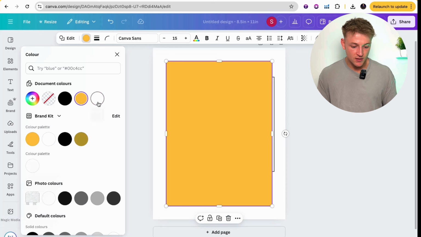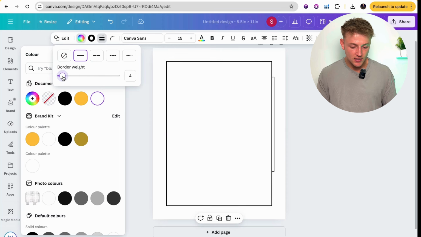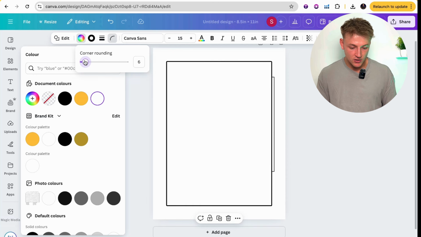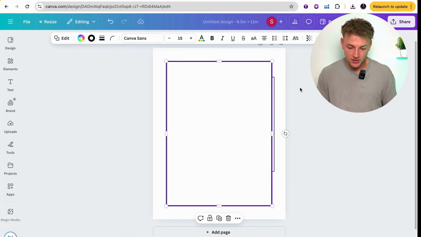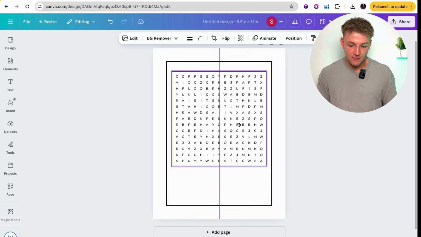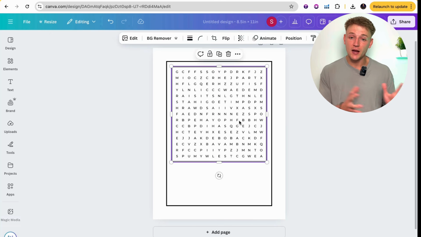I'll then go ahead and just make this white, and then just give myself a nice border, not too thick, and then just give it a little bit of rounding at the top if I want to. Actually, for this example, I'm just going to keep it as a square. Then just move this backwards a little bit. And so now I have my actual word search within some kind of frame that just makes it look a